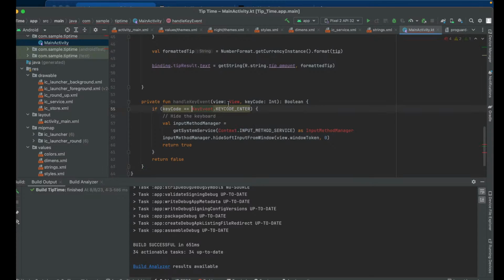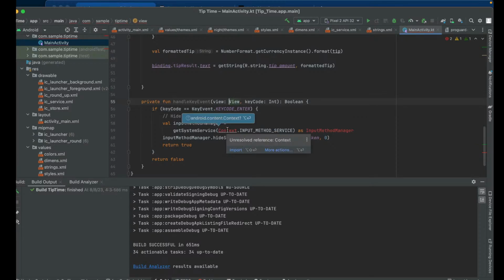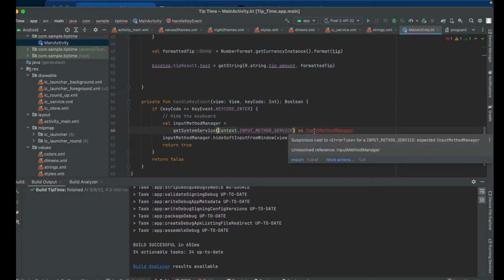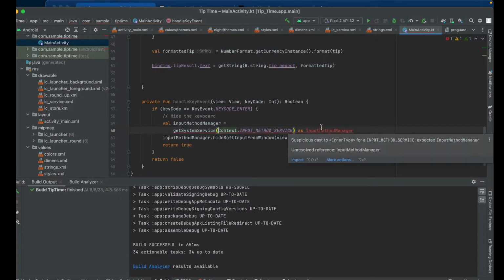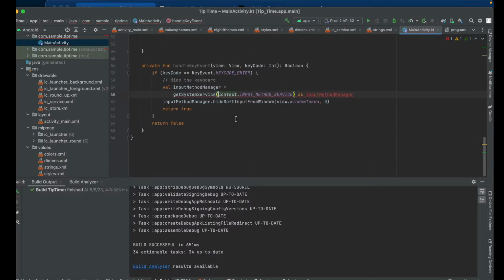And looks like we have to import some things here so that it will work. So okay, so it says